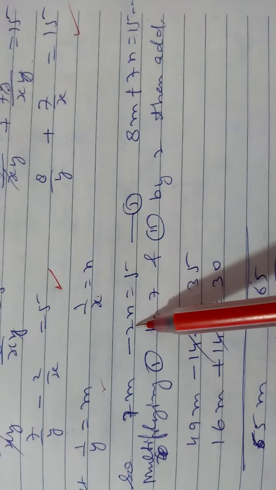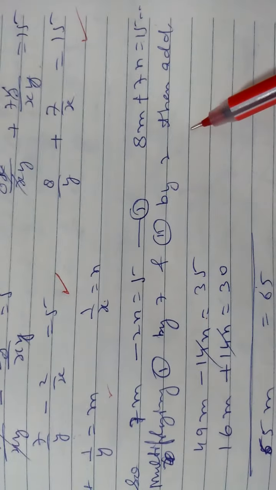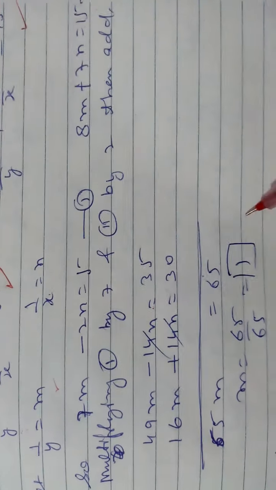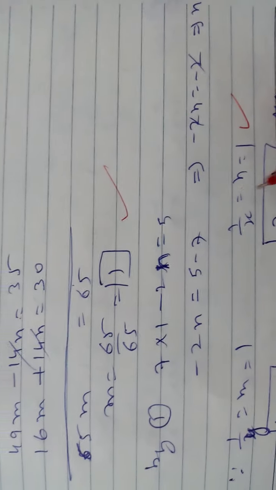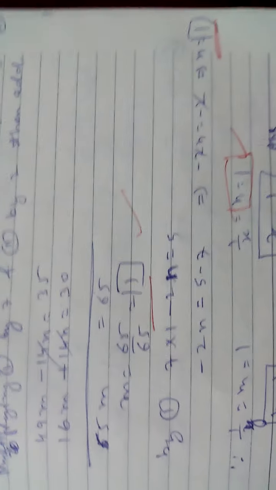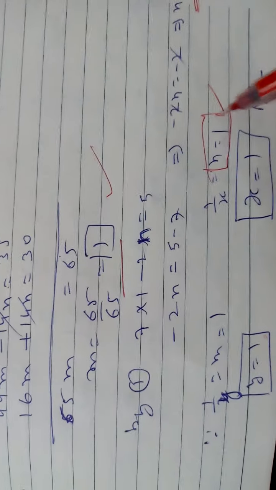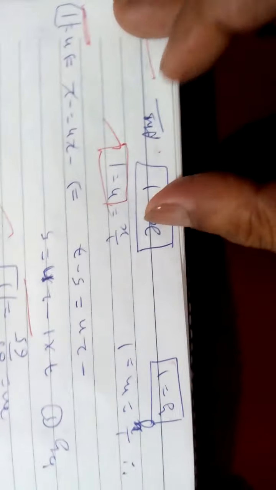7 2 ja 14, 2 7 ja 14. Multiply first by 7, second by 2. And adding, opposite sign. Getting m as 1 and n also 1. M is 1 and n is 1, both you are getting. If you are both getting 1, then what will you get? 1 upon y is 1, then y is also 1. 1 upon x is 1, then x is equal to 1. X and y both are 1.